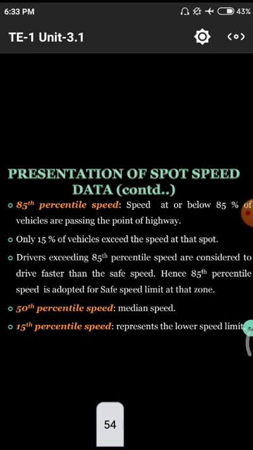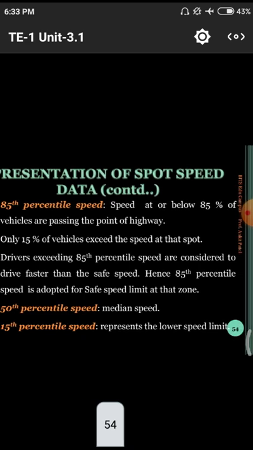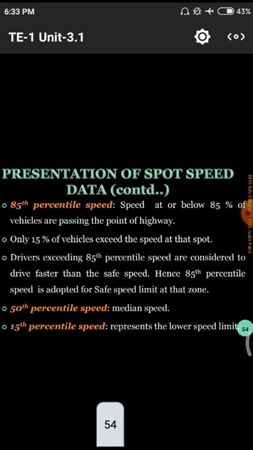Next one is the 50% speed. It is called the median speed. That means in those total 100 vehicles, what is the median speed maintained by the vehicles? That is the average speed. That means 100 vehicles are moving at different speeds, so we need to add those 100 speeds and divide by 100. We need to get an average speed of a vehicle moving on that particular length. Next one is that the 15% speed represents the lower speed limit. That means these 15% we need to represent with a lower speed,